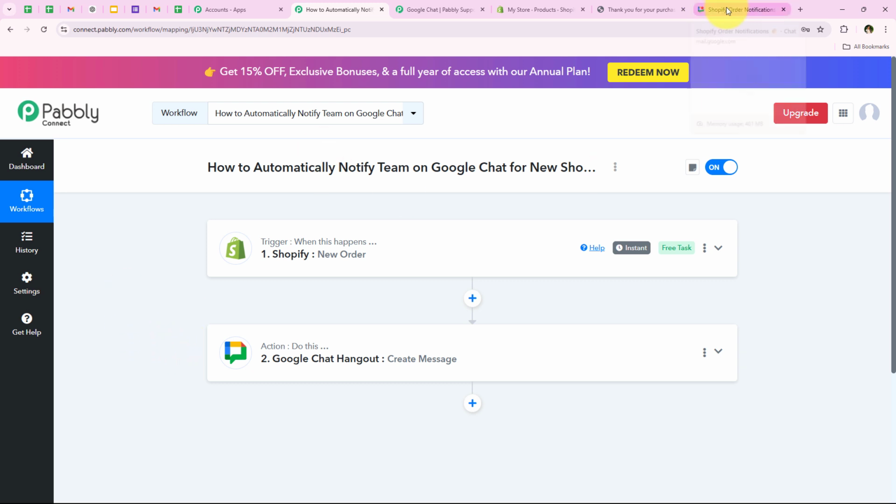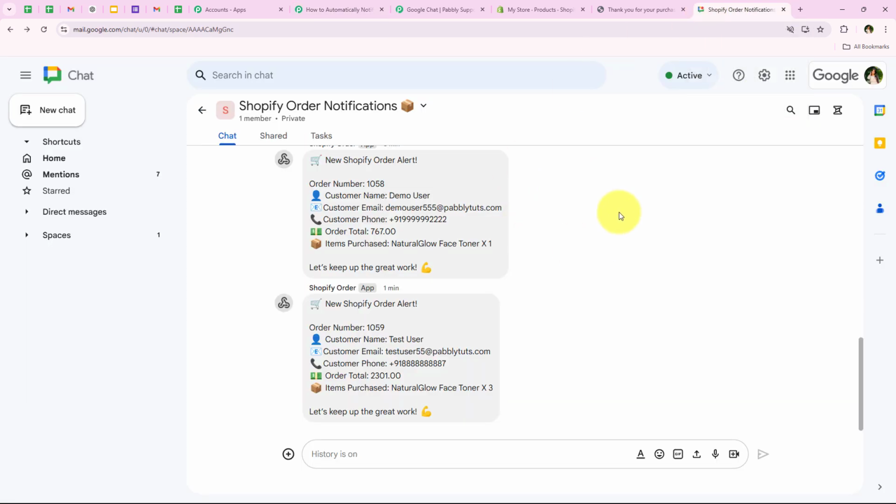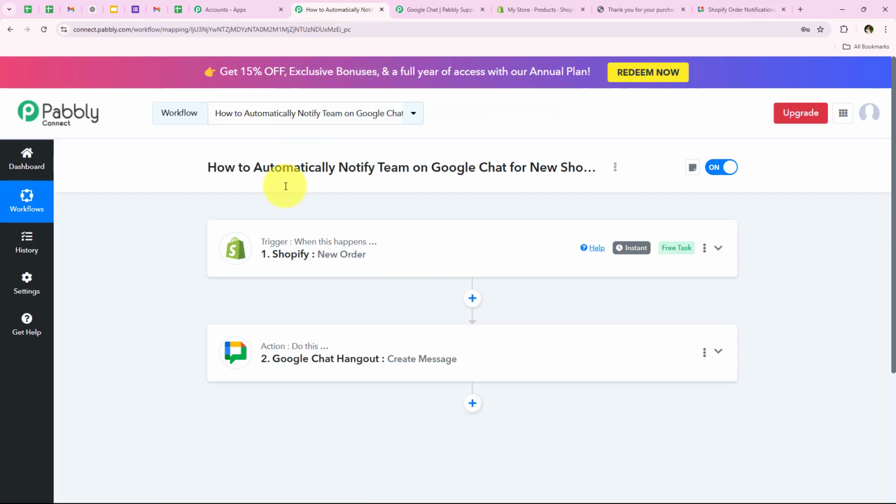So this real-time alert includes the customer name, contact information, and order details, allowing us to promptly process the order and prepare for the shipment. By staying responsive to the incoming orders, we ensure timely deliveries, enhance customer satisfaction, and strengthen our brand's reputation